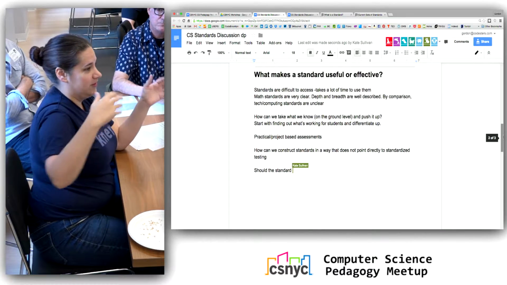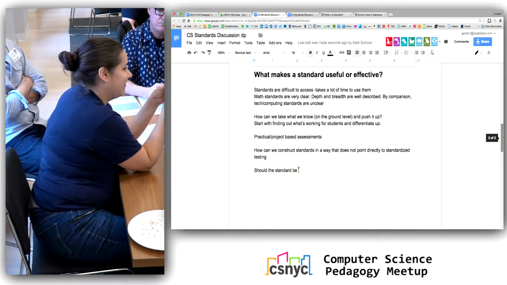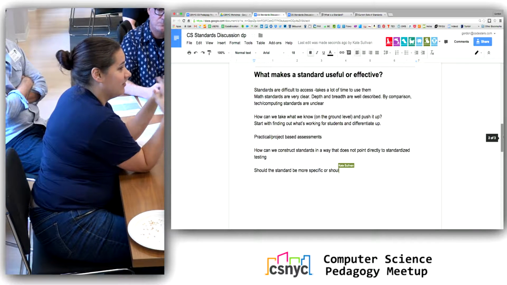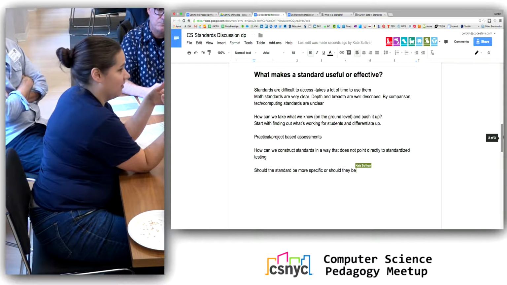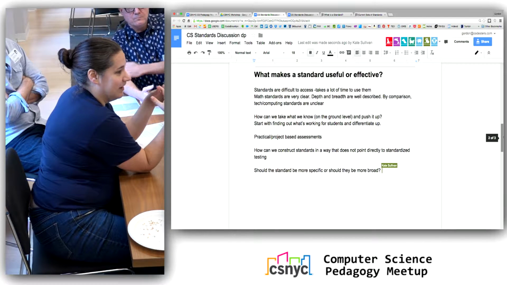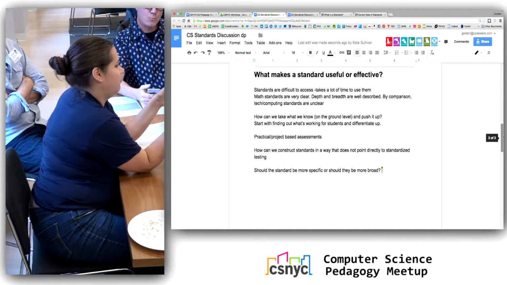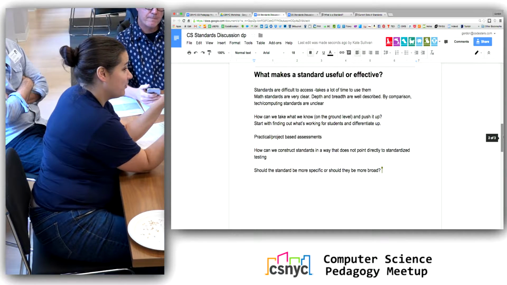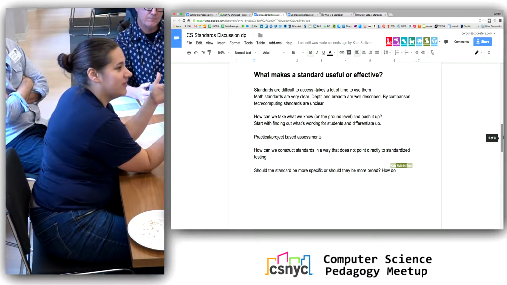Or would you prefer to see the standards more locked down and specific, which may limit the different ways that we implement it? I think that's also part of this conversation. An algebra expression is kind of an algebra expression for the most part. It's not happening in different languages and contexts, and we get to add all of those things as teachers.